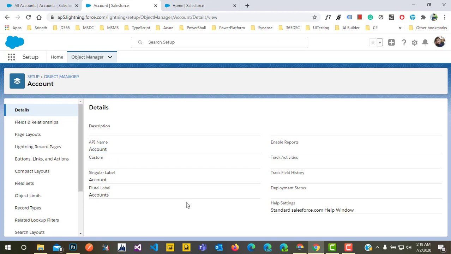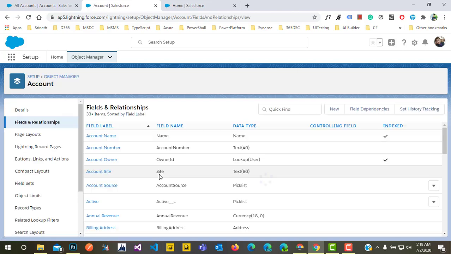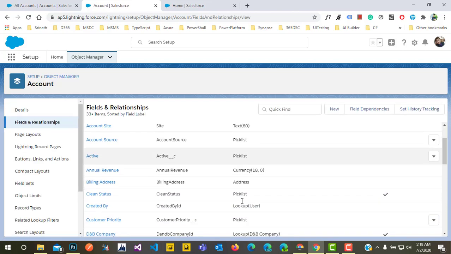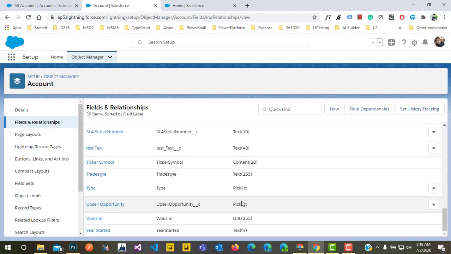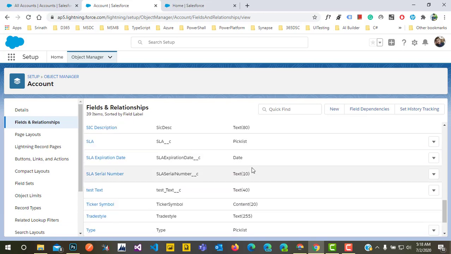So this is the basic information about this object in Salesforce. Let's get into Fields and Relationships. So these are the fields on the account object. Here we can see different kinds of fields: system and custom.